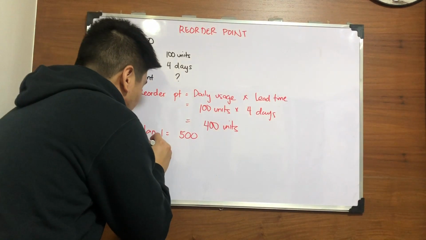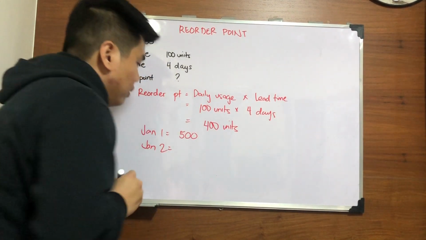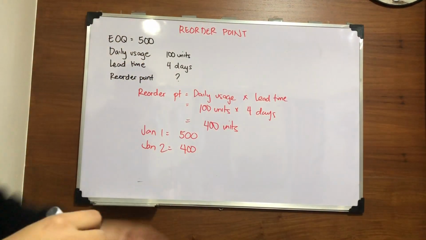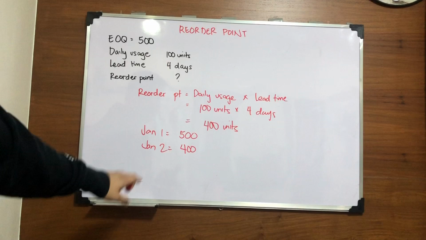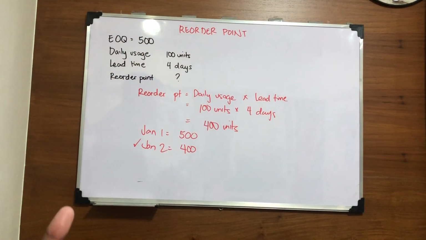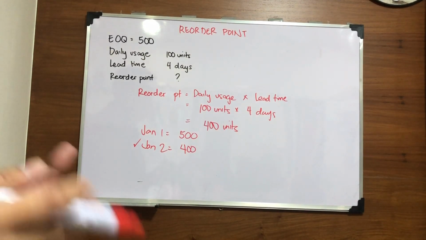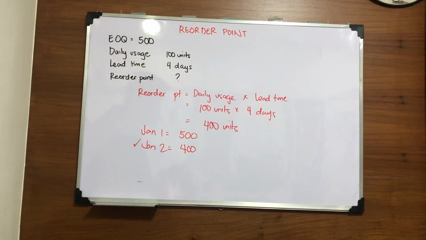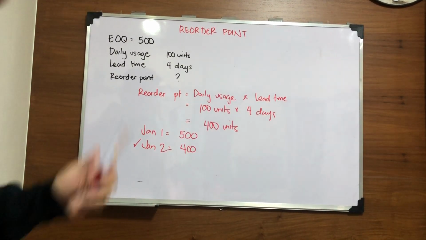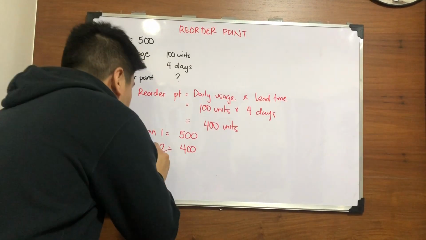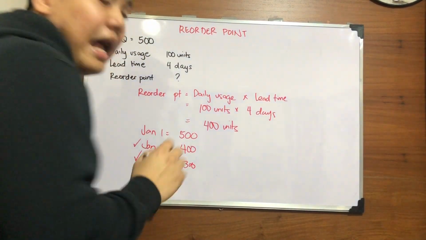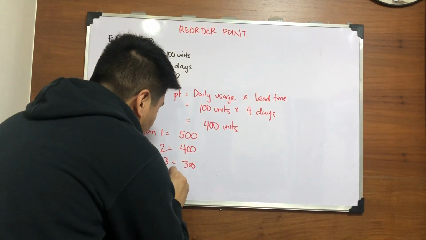So on January 2, your inventory level is just 400. Okay? So this would be your trigger point on January 2. You now have to place your order, you now have to call your supplier for you to order 500 units of your materials inventory. Because if you're late, if you order on January 3, which is now just 300, you won't have sufficient inventory